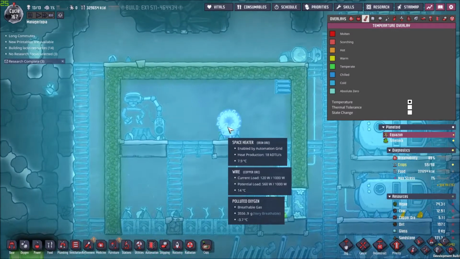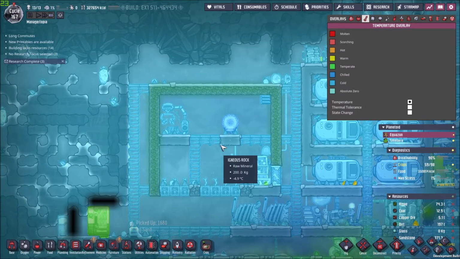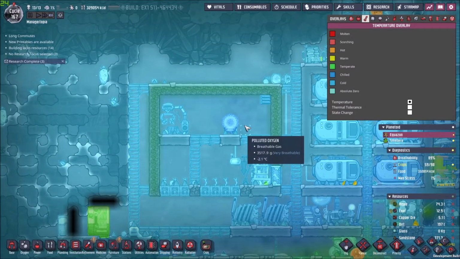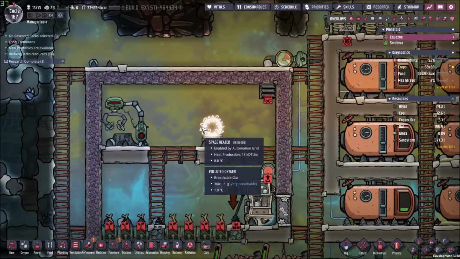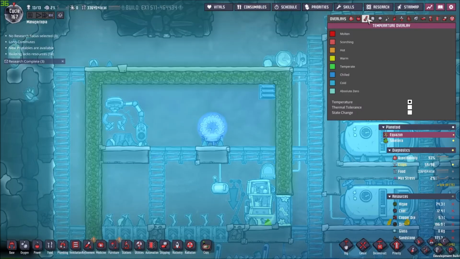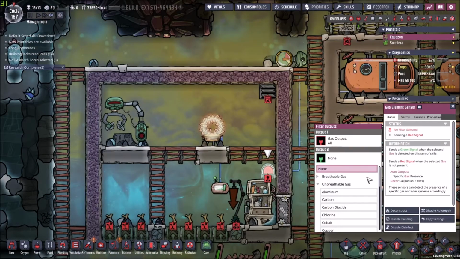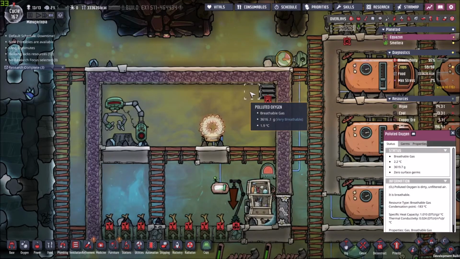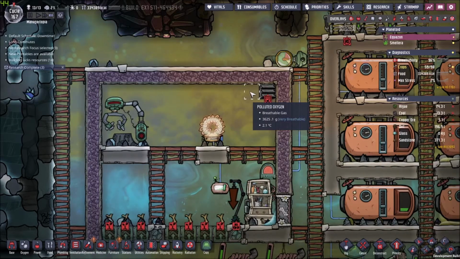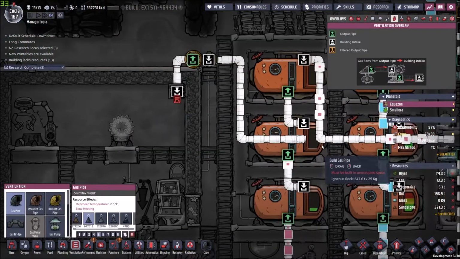Now, the question is, is one space heater enough to heat this up? I think we'll have to find out in a few moments. While we wait for this to increase the temperature of the room, one thing that we can do is set up the other part of the automation. Let's request some hydrogen. Now, unfortunately, in here the gas pressure is just too much, and I'm pretty doubtful that